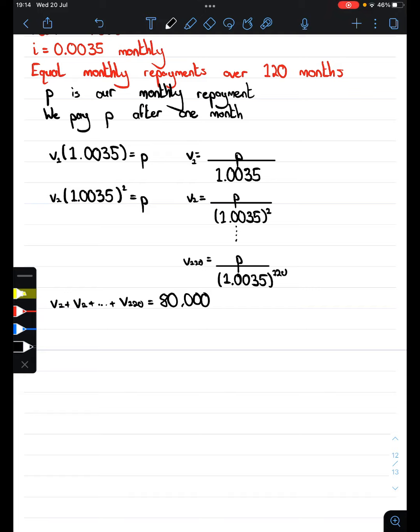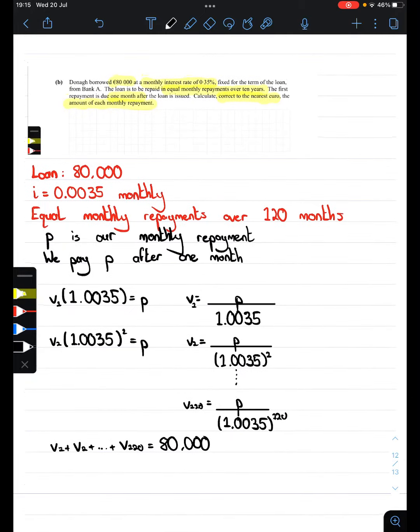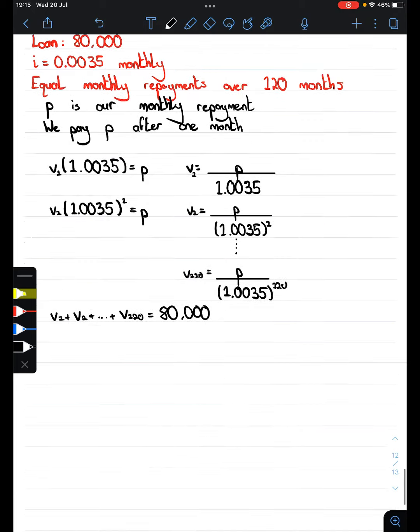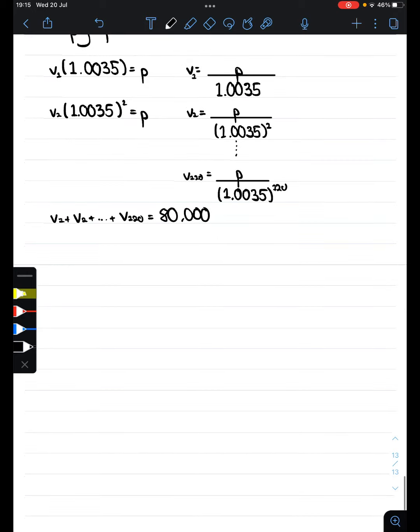Now this is a tricky question. There's no getting around it. But I think this is probably the best way of thinking about it that makes it easy to understand. And there's only so many difficult questions they can ask you with regards to financial maths. If you understand the thought process behind this, it should be very doable if one comes up in your own exam. So this sum is equal to 80,000. Now we have expressions for these variables, so we can rewrite this as